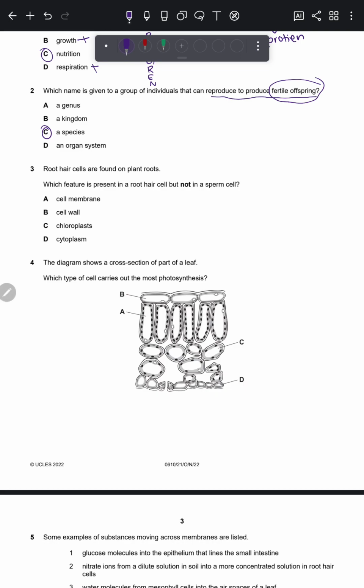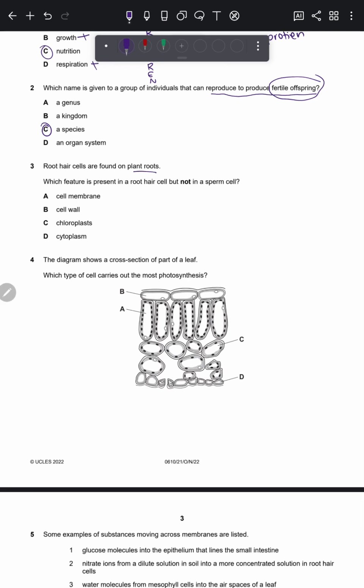Okay, root hair cells are found on plant roots. Which feature is present on a root hair cell but not in a sperm cell? So a root hair cell is a plant cell, and a sperm cell is an animal cell. These are the key features. A root hair cell doesn't have chloroplast because it's in the ground, so it won't have chlorophyll to photosynthesize. They both have cytoplasm, they both have a cell membrane, but only the root hair cell will have a cell